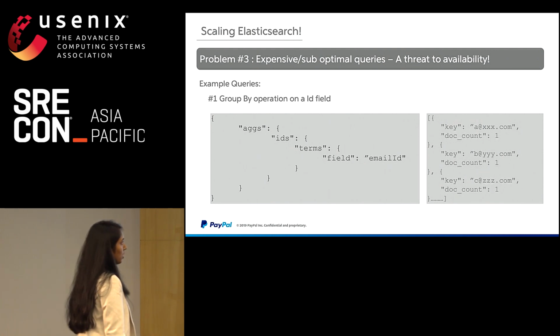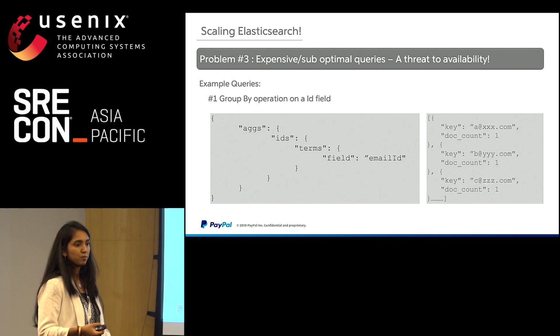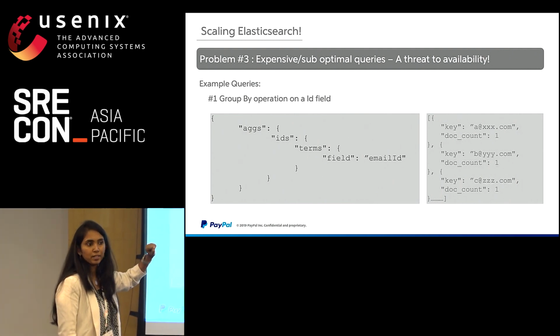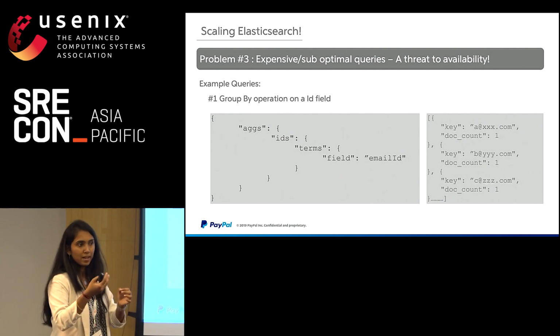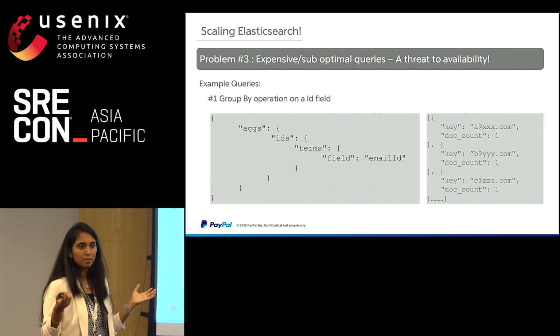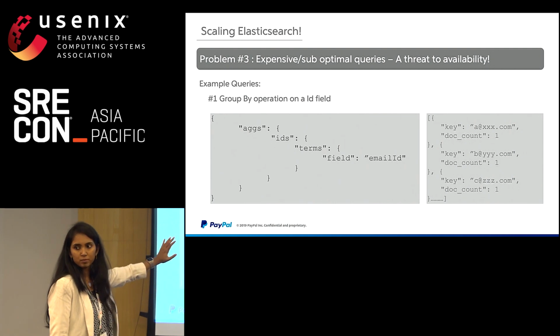If you are aware of the concept of cardinality, it is the number of unique values that a given field can have. So this email ID is a high cardinality field. Each record can have a value which is unique to it. Say, for example, country code: at the max, how many countries do we have? You go up to a few hundreds, or even a few thousands. But email IDs are not the same case.